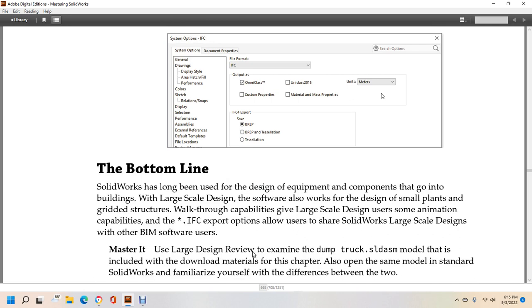The bottom line: SolidWorks has long been used to design equipment and components that go into buildings. Large-scale design software also works to design small plants and grid structures, with walkthrough capabilities and animation capabilities. Industrial Foundation Class export options allow users to share SolidWorks large-scale designs within building information